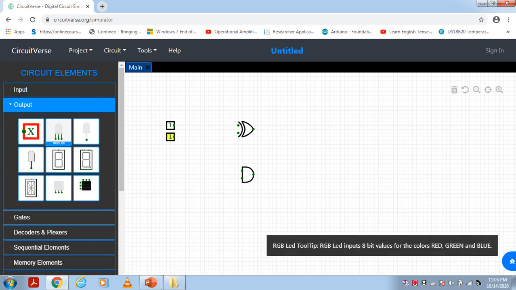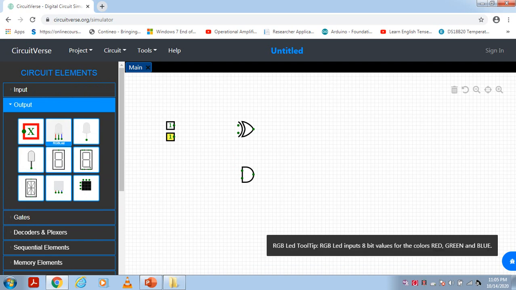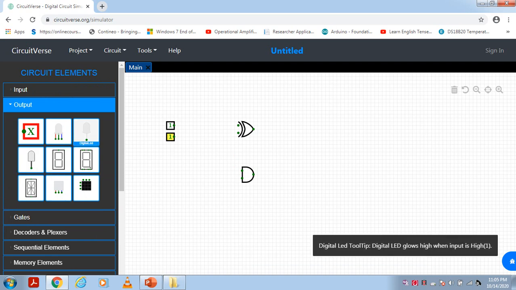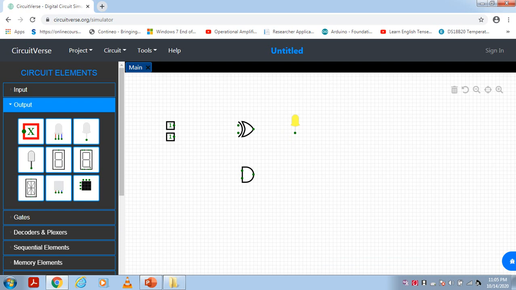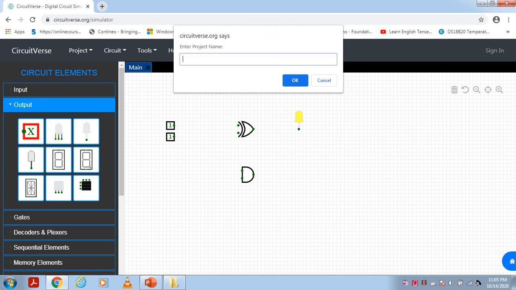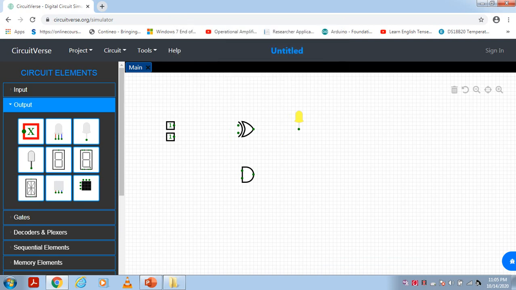These are the possible outputs: RGB LED, digital LED, variable LED and 7-segment display. I will select the digital LED. This is my output for the sum. Similarly for the carry, I'm going to select one more LED.